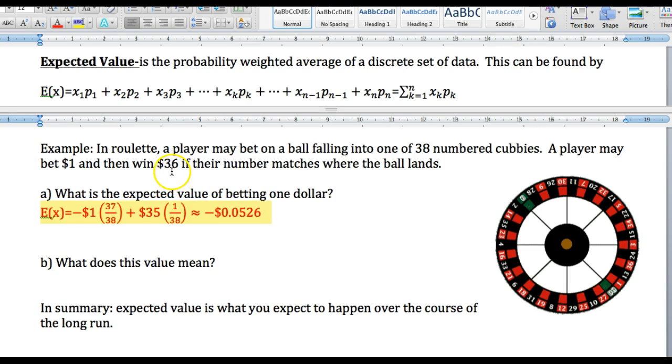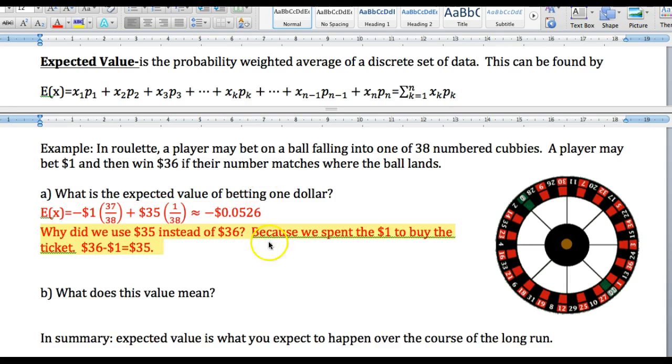Now some of you right now are going, well, why isn't this 36? Well, you did have to buy the ticket for $1. So when we look at our outcomes here, our outcome would be minus $1. This would be the probability. This would be $35 you win times 1 over 38. Now notice these numbers aren't the 0, 1, 2, 3, 4 that we just used in the previous example in the distribution, but this is a way of saying, okay, what's your outcome? Losing $1. How many ways? That many ways. Winning $35. How many ways? This many ways. And if you put that together, you're going to be losing